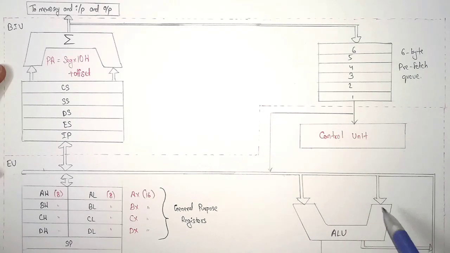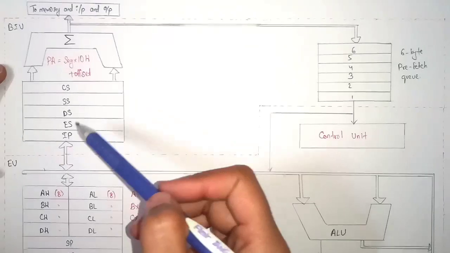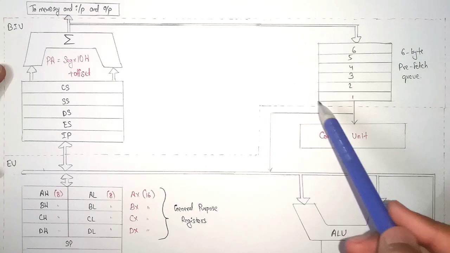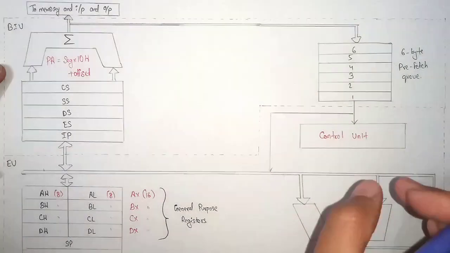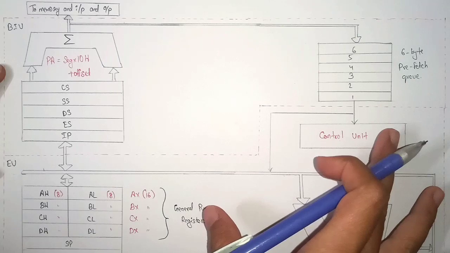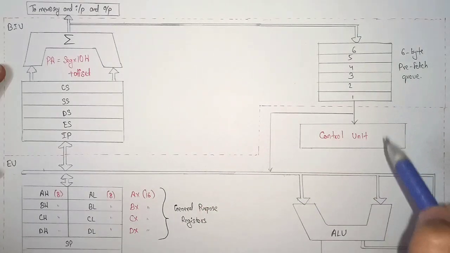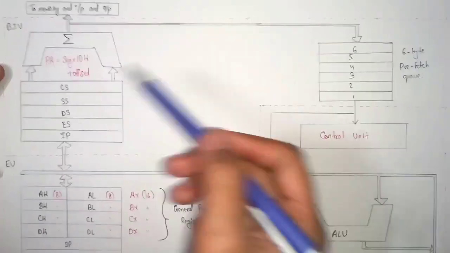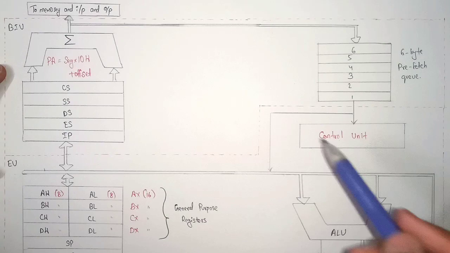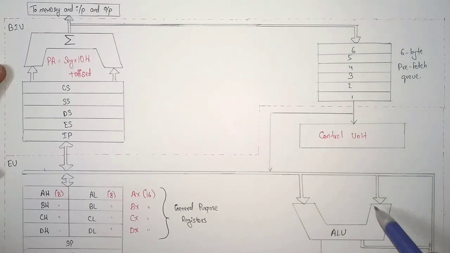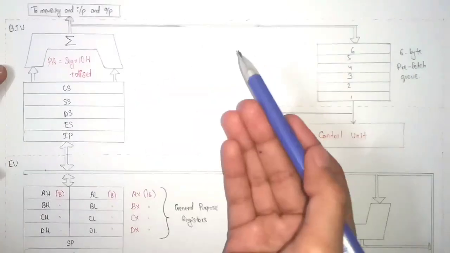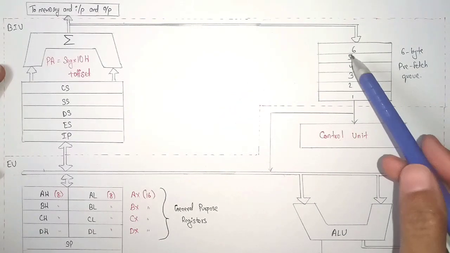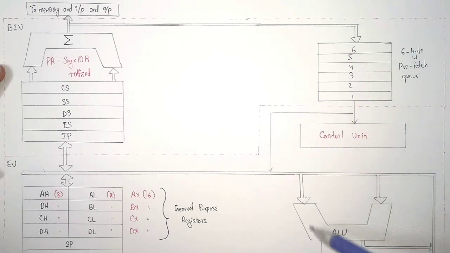Pipelining is the process when you execute some instructions over here, and at the same time this microprocessor fetches other instructions from the memory, and they get stored in the prefetch queue. So the advantage of using this 8086 microprocessor is that it saves time. Whenever instructions are getting executed, at the same time other instructions are getting fetched from the memory. That means we are not going to wait till the completion of this execution. We are already fetching the instructions from the memory, and they are stored in a prefetch queue. So whenever this instruction gets executed, another instruction will get into the pipeline,